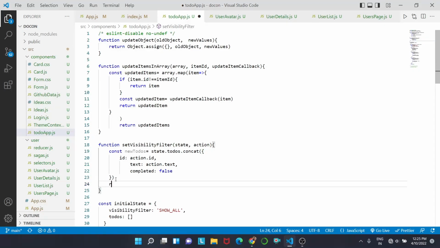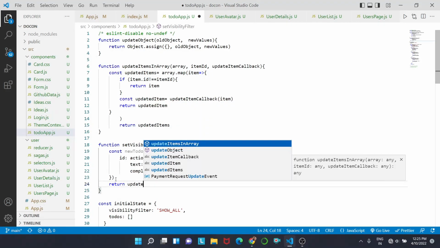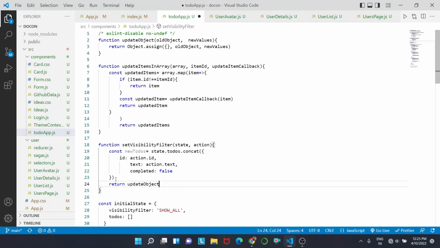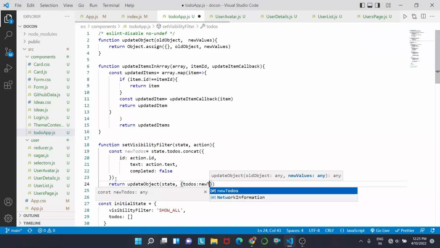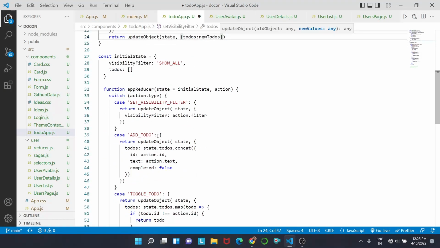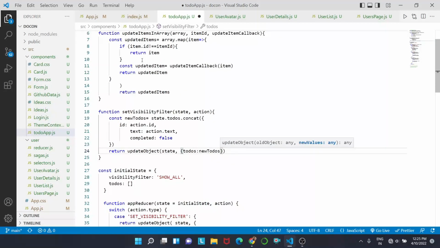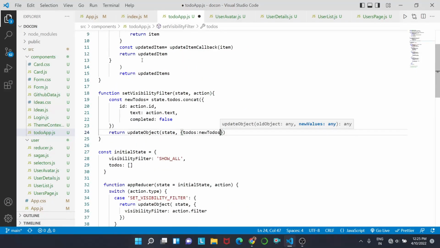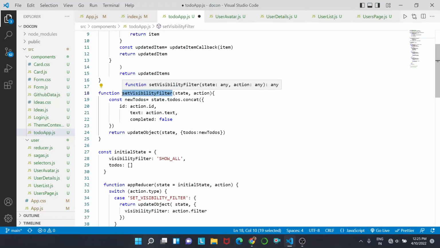And inside here we are going to return update object with state and to do's assigned to new to do's. So this is the same thing that we have here. We have just removed it and set it to... this is not set visibility, this is add to do. So this is add to do's,